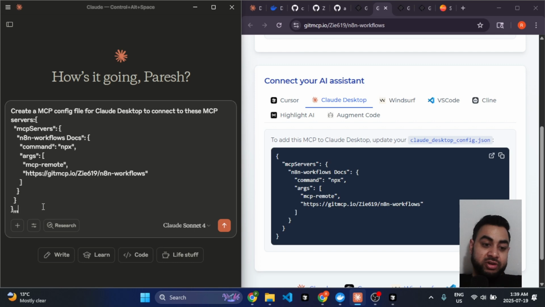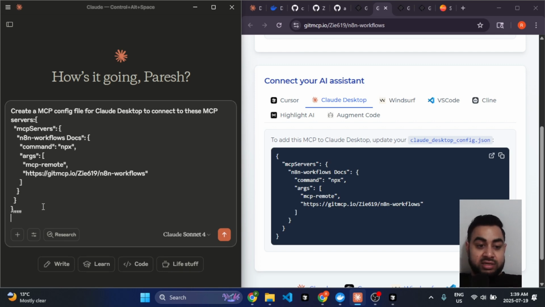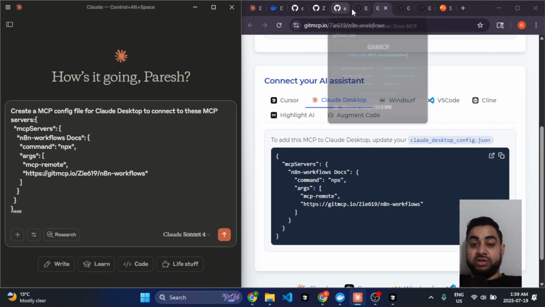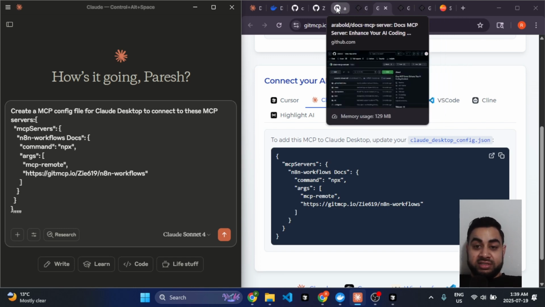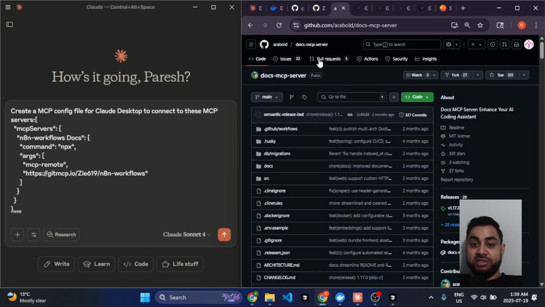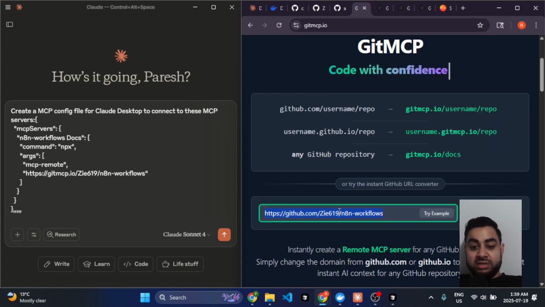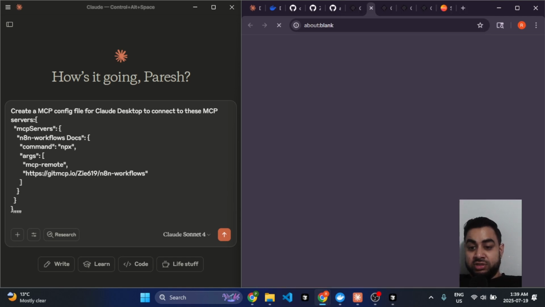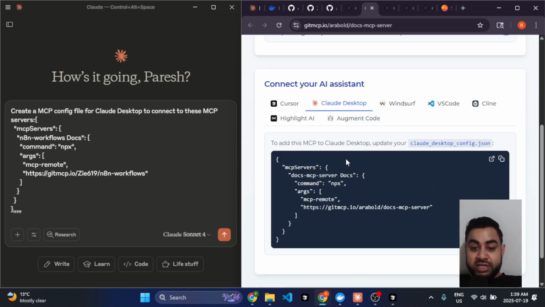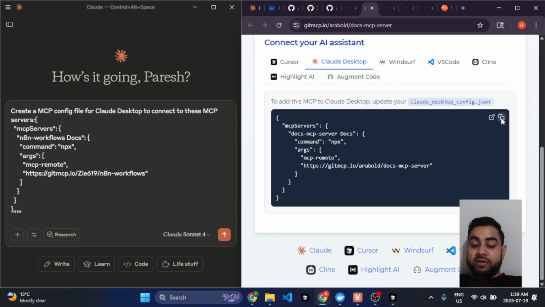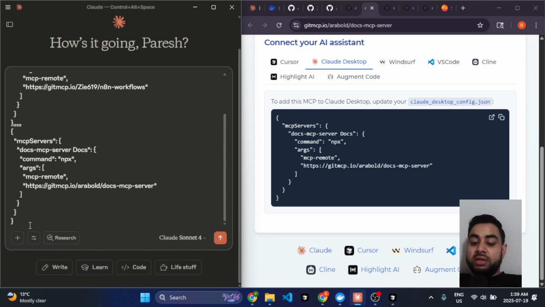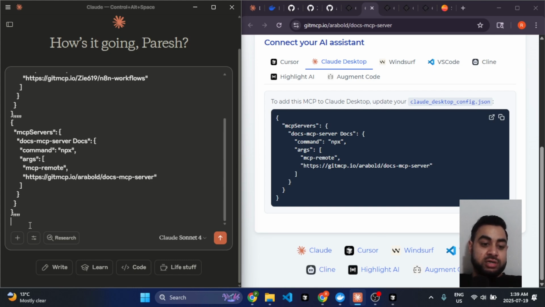Then you're gonna put some separator, just some commas, and go down, and then we're gonna do the same thing with the next GitHub repository, which is this docs MCP server. So again, copy the link, go to the same website once again, remove this, paste, add MCP, again go to Claude Desktop, copy and paste this down here, and again separators so it knows that these are different MCP servers. And then